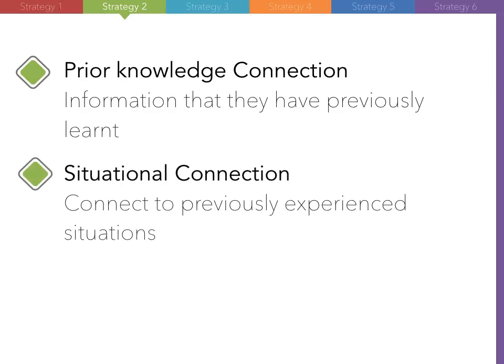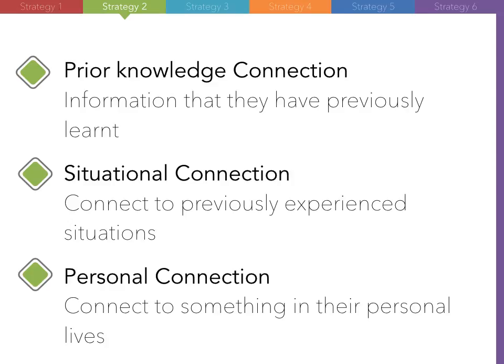The second connection is a situational connection, and here learners identify with something in the information that they can connect to a previously experienced situation, something that they have experienced themselves, that when they're reading the text they are reminded of the situation. The third is a personal connection, and this is where learners identify something in the information that they can connect